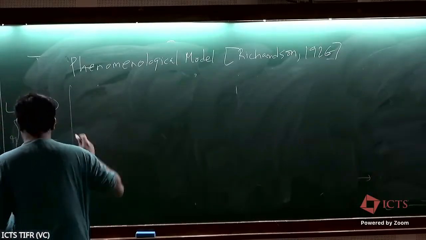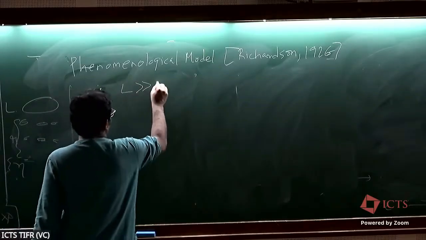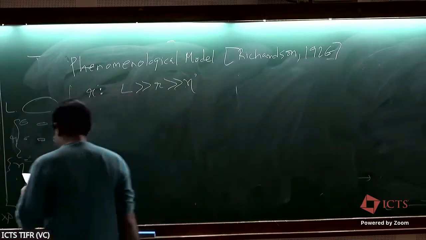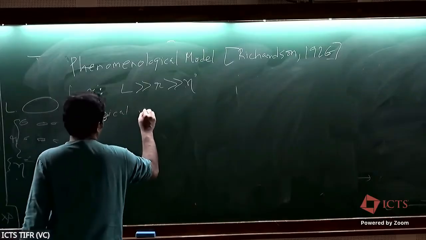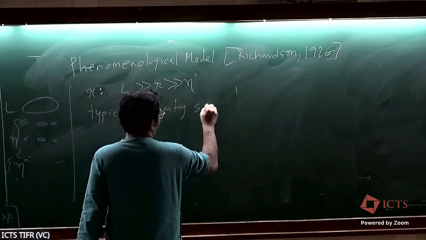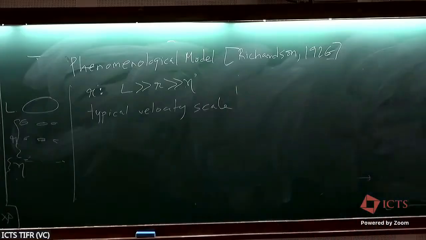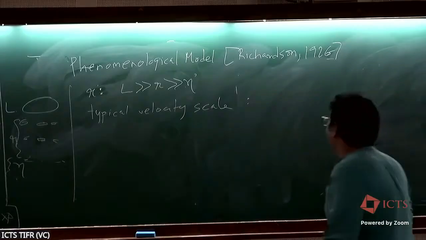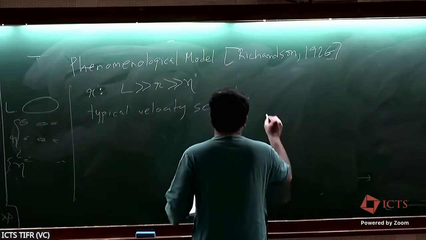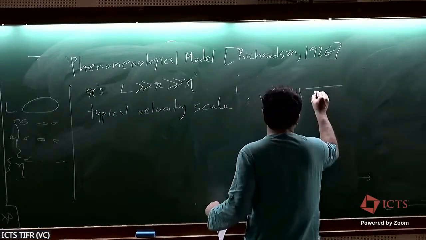So let's define notations. For r in this range, we can define a typical velocity scale. There are several ways to define this typical velocity scale. It really doesn't matter how you do it. But if you want some sort of intuition for it, you can define the velocity scale as some v_r, which for dimensional reasons would be